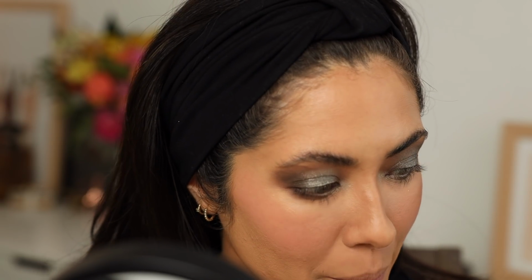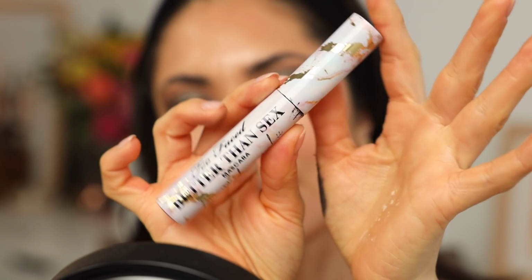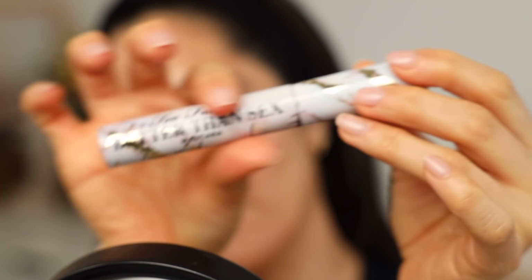So good. Okay, for mascara, this isn't new, but I just love the packaging. If you want to gift someone something a little more unique or special, this is the Better Than Sex mascara designed by my friend Karen Sarai. It's in a beautiful marble and gold sort of finish. I'm going to use that. Well, wait, do I want to use it now? I haven't misted my face. Actually, let's